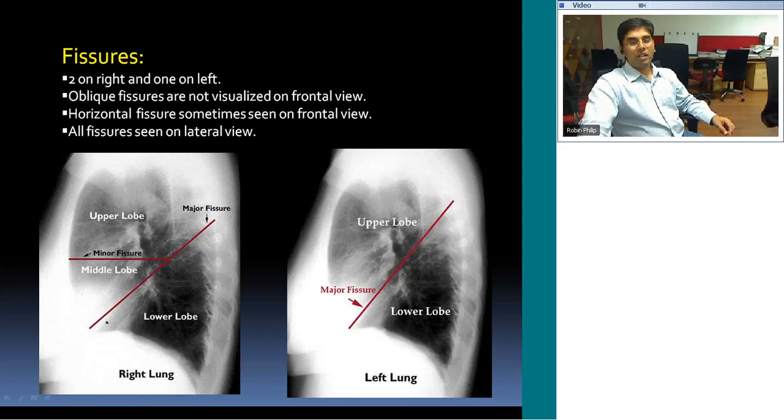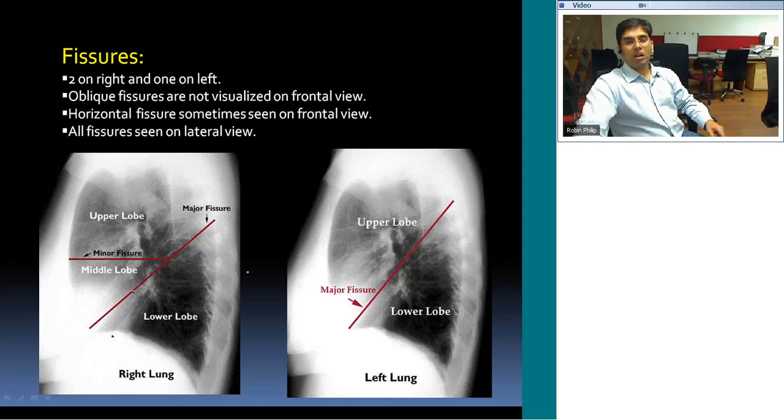For any fissure to be visualized on the frontal radiograph, it should be perpendicular to the X-ray beam. Only then do we sometimes see the minor fissure on the right side, more so when there is pathology in the upper lobes and arching of the fissures can be picked up, or sometimes when pleural effusion tracks into the minor fissure,